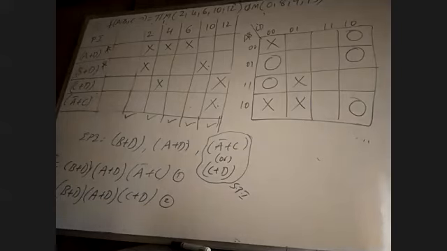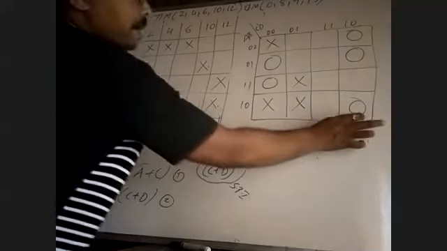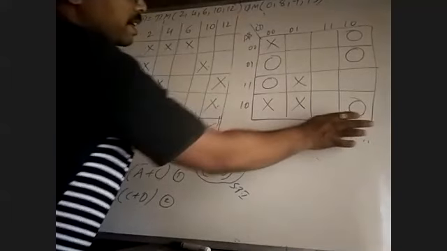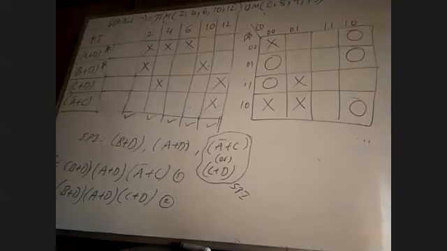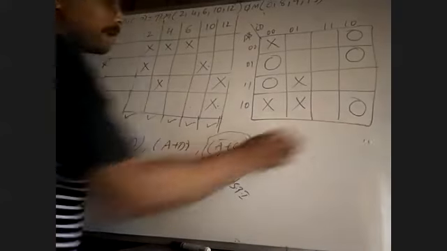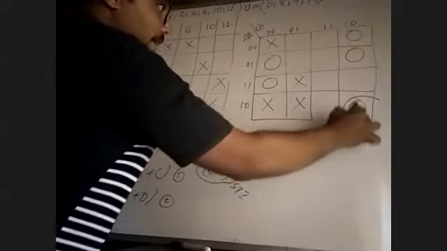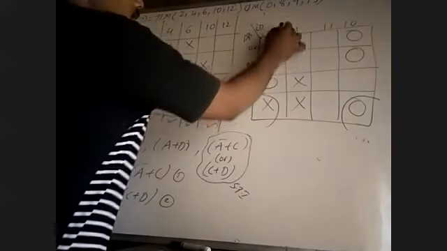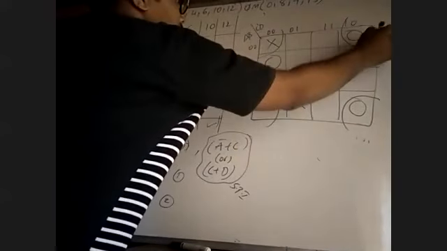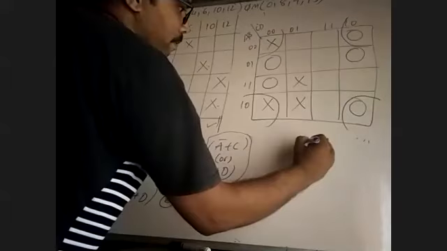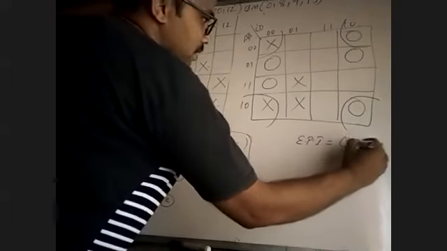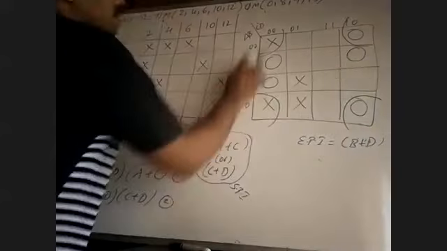Checking in the K-map, identify the essential prime implicant. I have no other possibility to make a quad for this term. To make a quad, the prime implicant 10, we have to take this as essential. We have to cover 4 corners. Therefore, the essential prime implicants: B plus D is the first one.